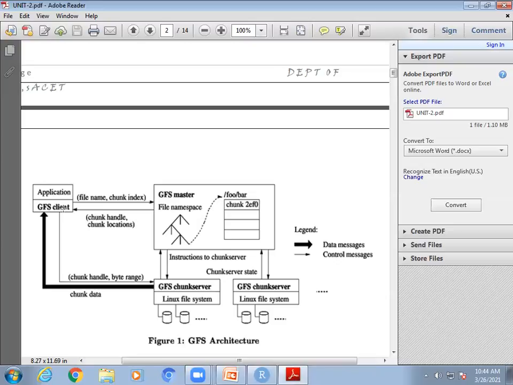The general example is: I am a GFS client. I have 100 bags, and my room capacity is very small. My room capacity is just 10, so I can't store those 100 bags in my room. That means 100 bags is big data for me. So what do I do? I will go to a data center. In the general example, I will take some other room.